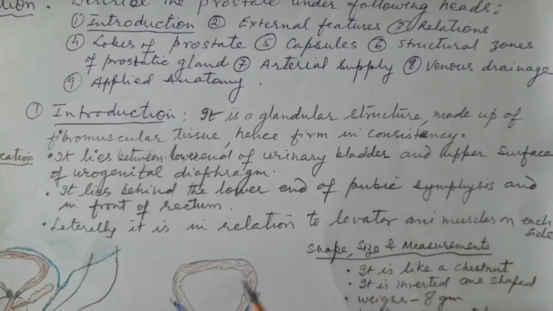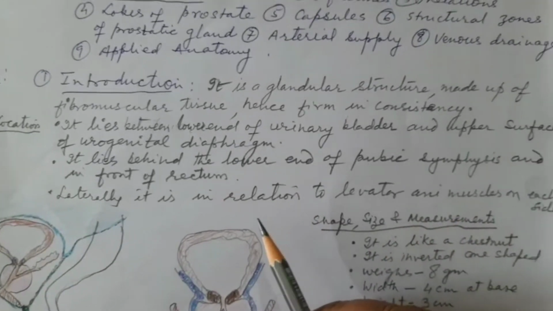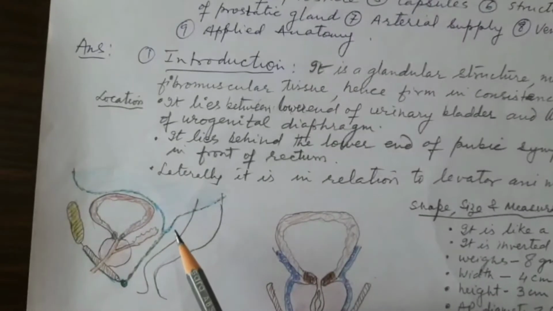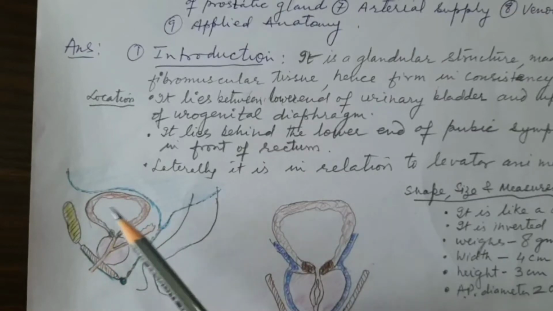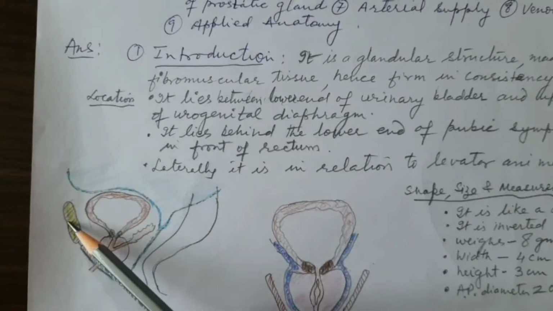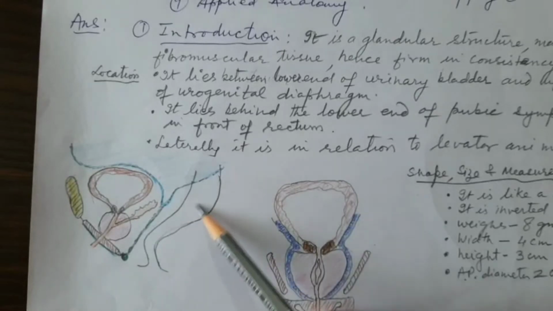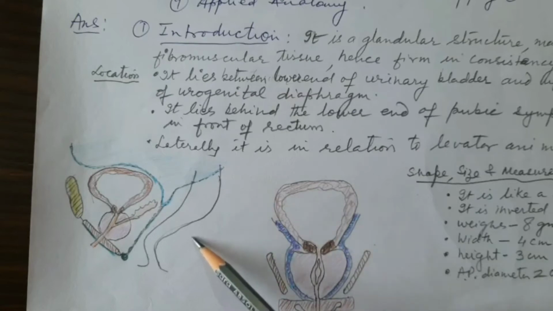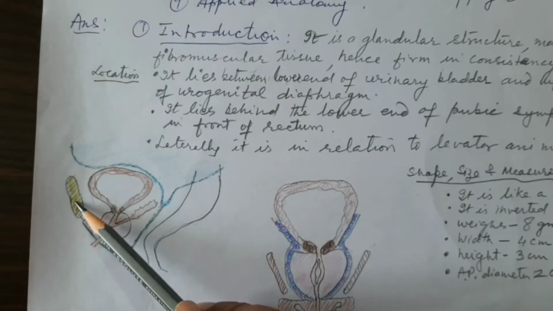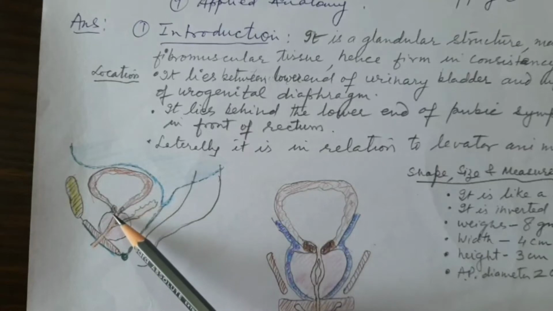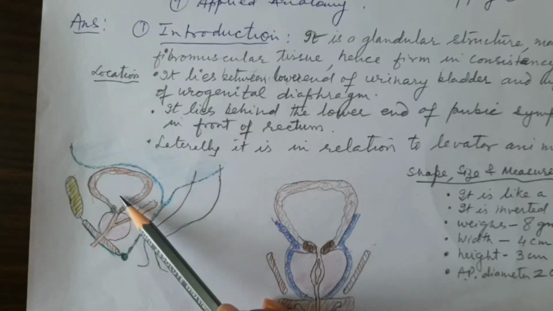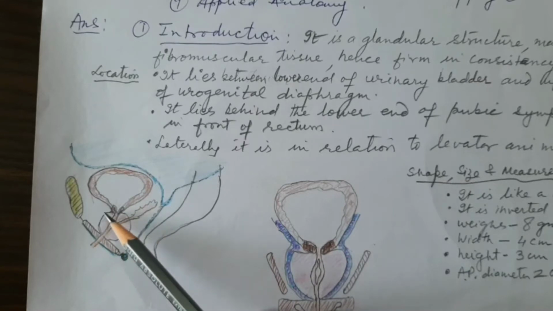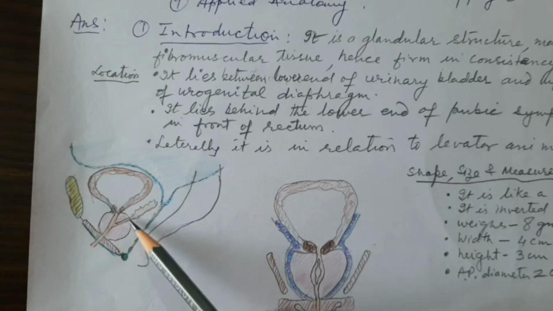Now, location of the prostate gland. The gland lies between the lower end of the urinary bladder. Let us see this diagram and then I will explain. This is the pubic symphysis, and here is the rectum and this is the anal canal. Here will be the sacrum and coccyx. Just behind the pubic symphysis, this triangular structure is the urinary bladder, and just at the nape of the urinary bladder, shown in the pink mass, is the prostate.